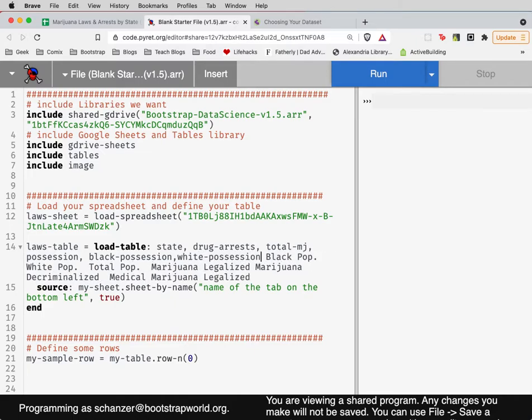White possession. Then we've got our populations. Black population. White population. Total population. And then it says marijuana legalized. This is the year when marijuana was legalized. So I'll say year legalized,